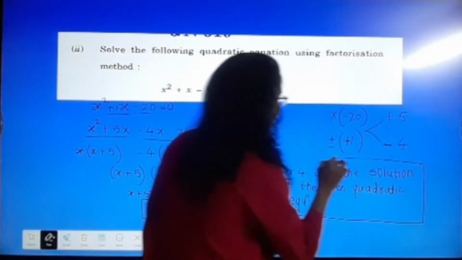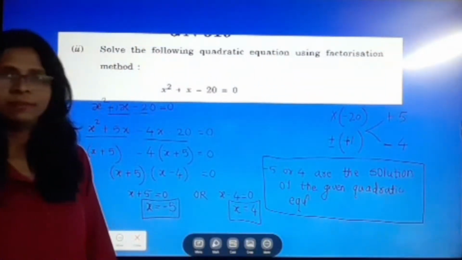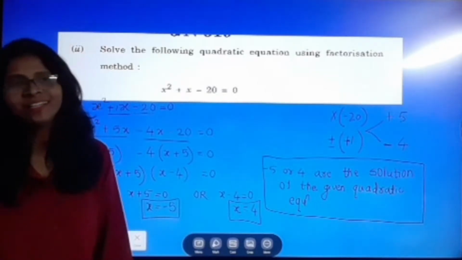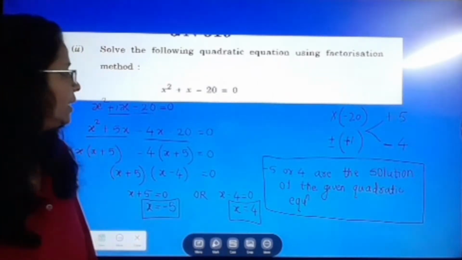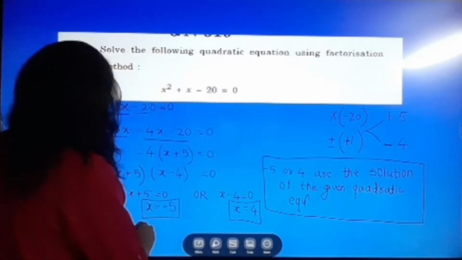So this is our final answer. Okay, this is our final answer. बघा, सोप्या आहेत ना examples. चल,